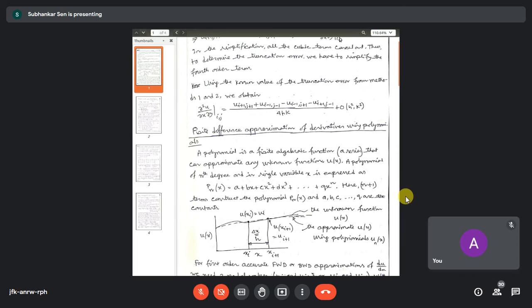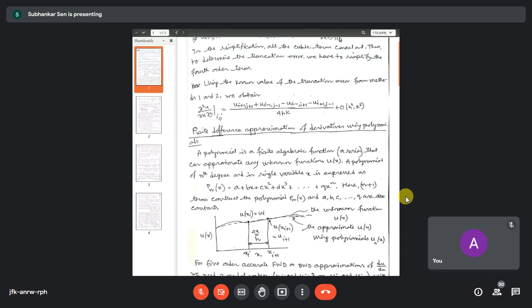Maybe from one point to another point, the temperature is changing in a linear fashion, or it may be changing in a quadratic fashion. Whatever these ways we think of, these are actually different forms of the polynomial. So polynomial is an algebraic expression. This is a finite series. It is different from power series. Power series is an infinite series, but when we talk about the polynomial, we have a finite number of terms.